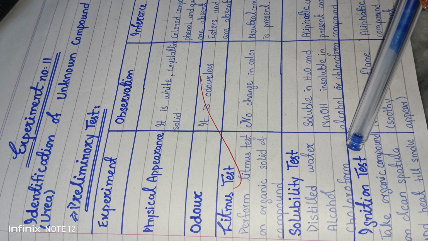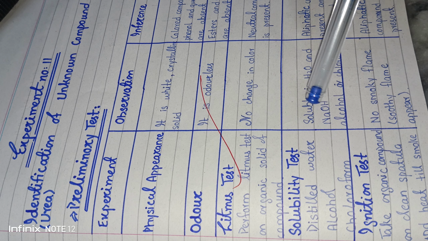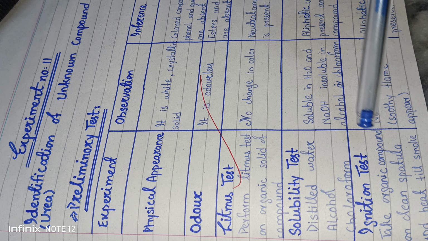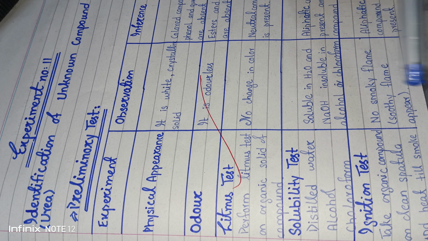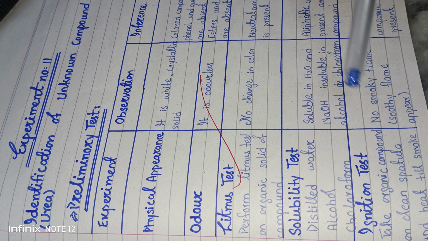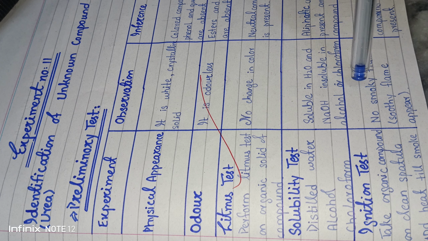Now at the last you will perform another test, that is the ignition test. The word ignition means to burn a compound. So you will take this compound and burn it on the tip of a spatula. Now you observe the flame which is coming out of it. So no smoky flame, sooty flame appearance will be there. So you will see that whenever the